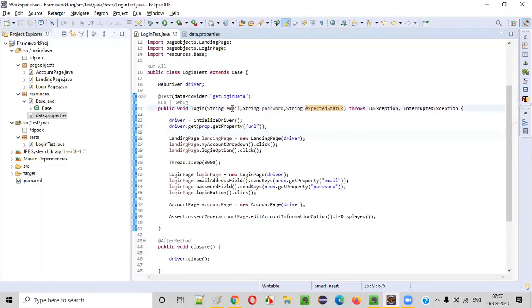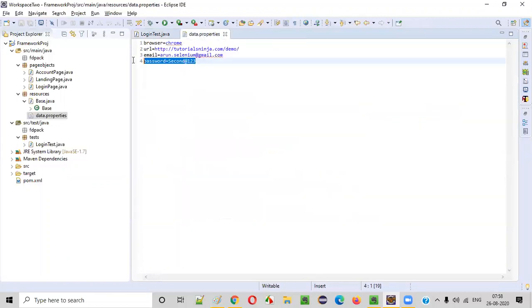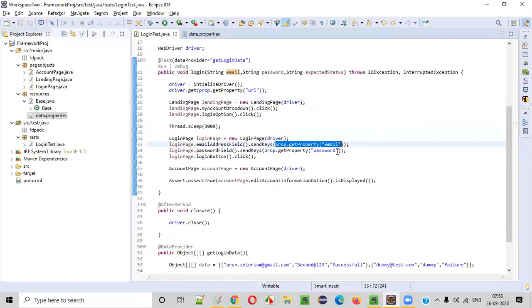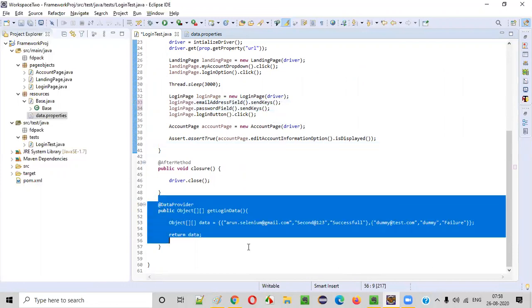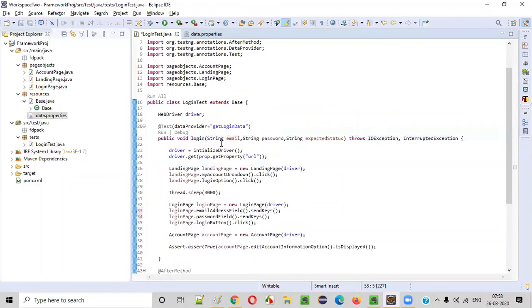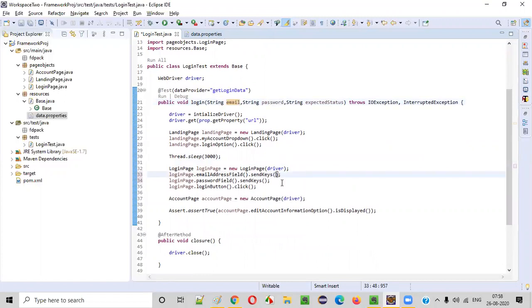So here, guys, you are receiving this email. So you should not get this from the properties file. Remove this email address and password from the properties file, because we are passing the data from the data provider rather than the properties file. So here we are no more getting this data from the properties file. Remove these two things. Rather, we are receiving them from this data provider. So how to receive them? This method is retrieving those data into these parameters. So simply provide this parameter data here. Wherever email is required, provide email. Wherever password is required, say password.